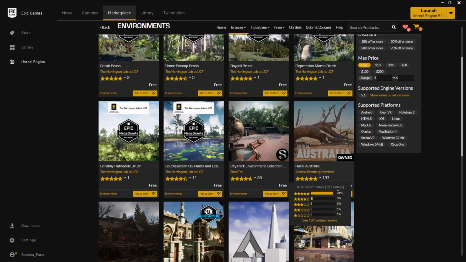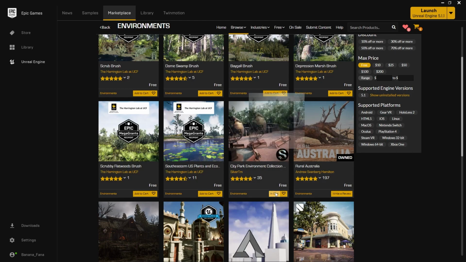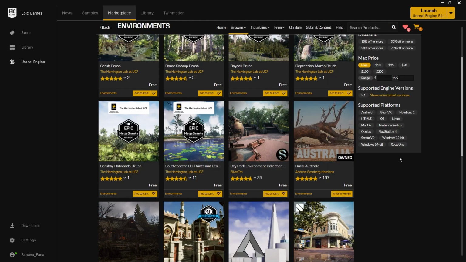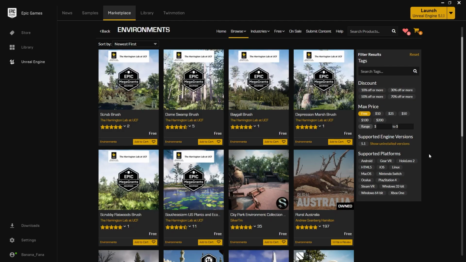Now, because I already have it, I can't add it to my cart again. So I'm going to add this City Park Environment Collection instead to my cart, and just click Cart and check out. You'll need an Epic Games account to get things from the marketplace, but it's a pretty quick sign up. You'll also need an Epic Games account again later when we use Quixel Bridge to bring in props that way. So now that I have, quote,